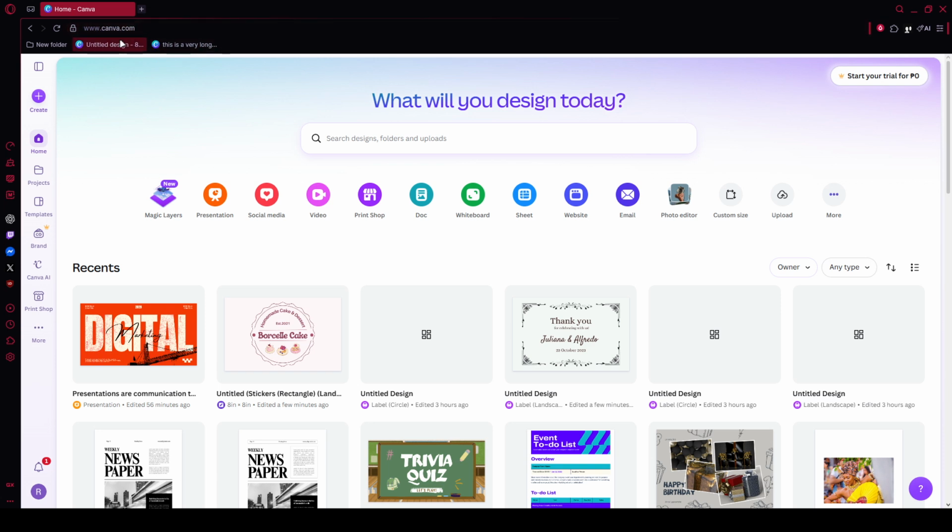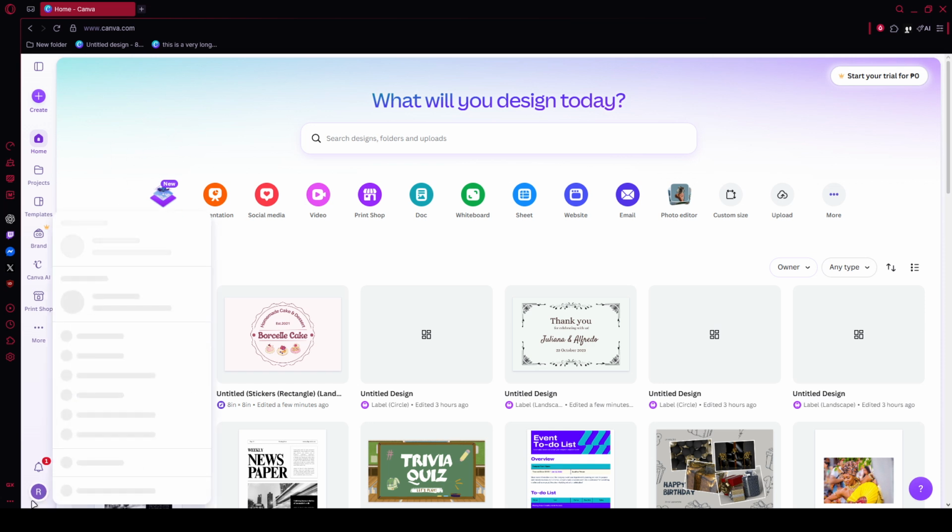Once the site loads, sign into the Canva account that currently has the Pro subscription attached to it. Make sure you're in the correct account before continuing, especially if you use more than one workspace or switch between personal and team profiles. After you arrive on the Canva home dashboard, direct your attention to the top right area